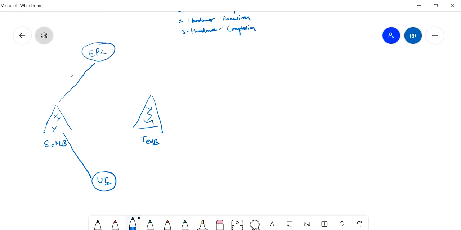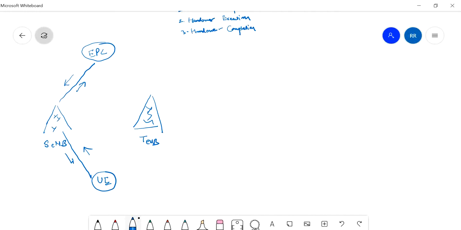Uplink and downlink are happening on this path. What happens when the UE comes into the coverage area of this target eNode B? It gives a signal. That is how it all starts.